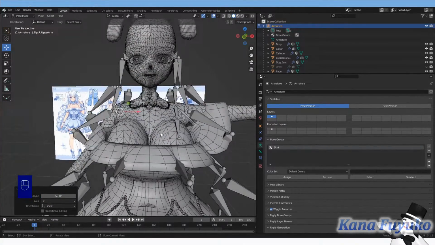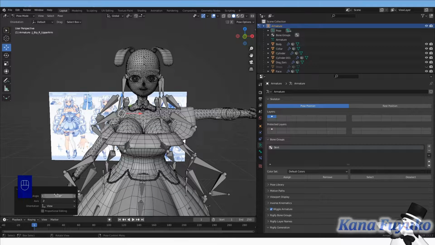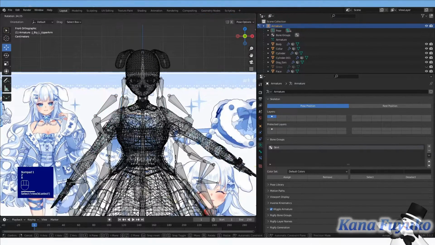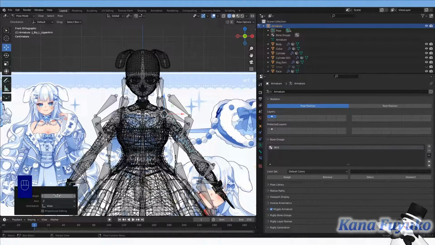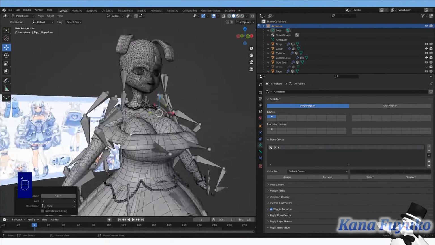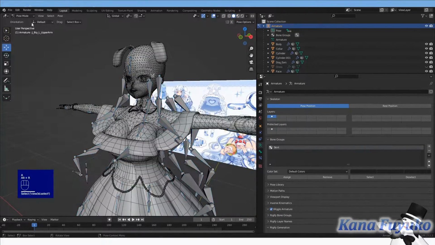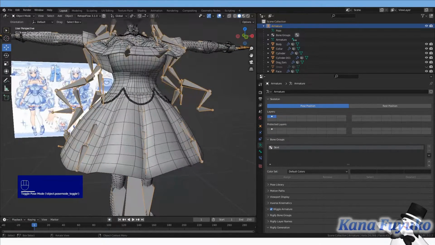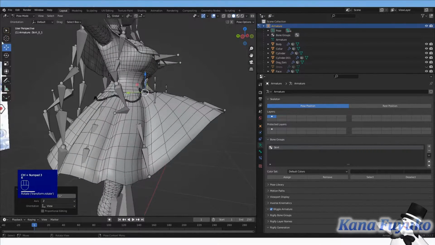So in case you don't want to rename the bones but you still want to properly weight paint it, just make sure to copy with Control-C here, and then just paste it to the other side. But depending on the side you're using, make sure that you have either positive or negative, so change that. That way it's going to be pretty good for you to weight paint. But once again, please rename the bones if you can. But anyways, let's go back to the skirt I said we're going to adjust the weight paint for.